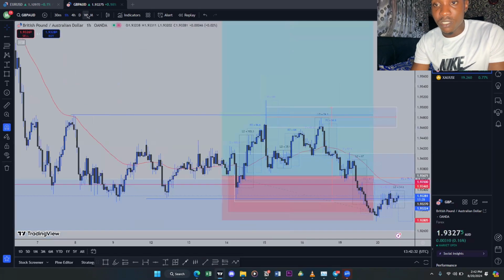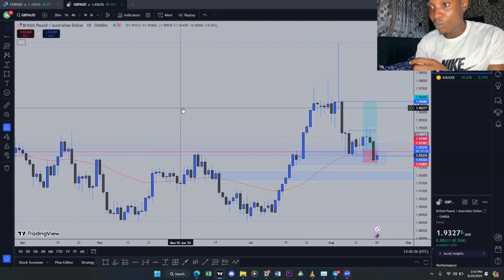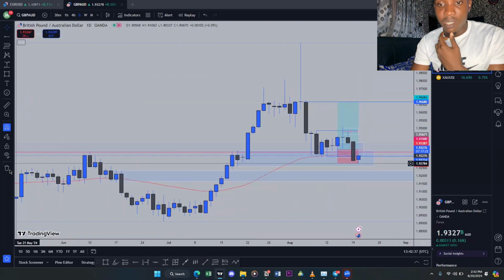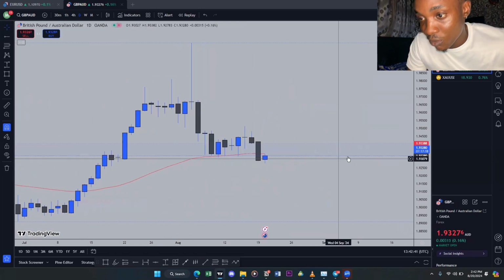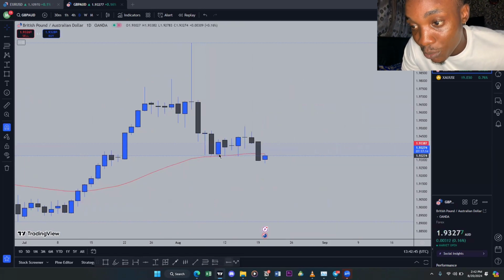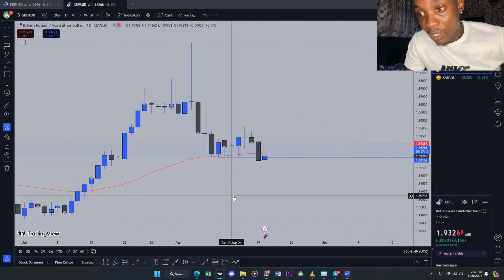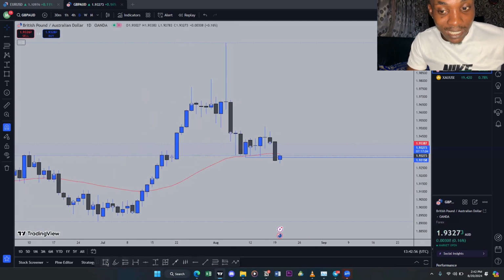So GBPAUD, that was the trade we were on. GBP the last 2 Wednesdays, and we were stopped out on an L. So let's clear our chart and see what we should be expecting on GBPAUD. Now there's something really interesting: GBPAUD actually cleared out this low. Now we're trading below the EMA. Me, personally, what I can see on GBPAUD is first,